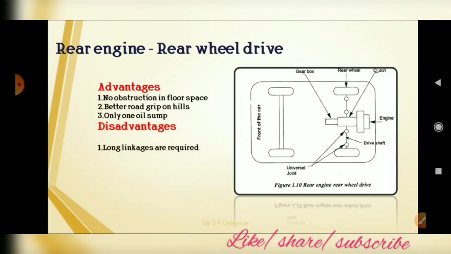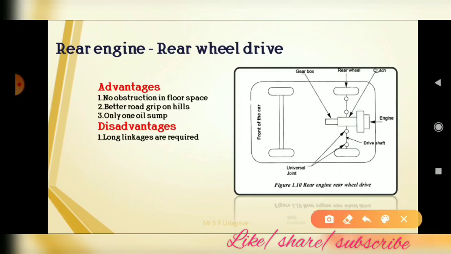And the disadvantage is that long linkages are required. Long linkages means from the gearbox to change the gear ratio, we require a long linkage, the gear changer. And the clutch also requires a number of linkages to operate it.